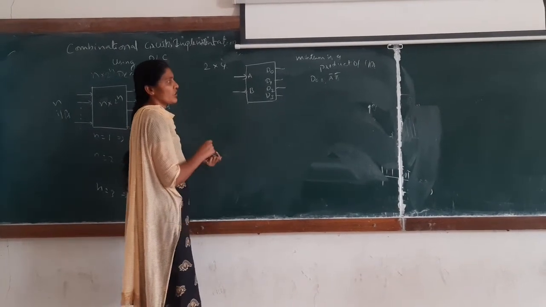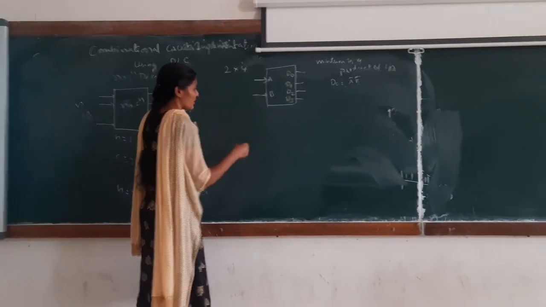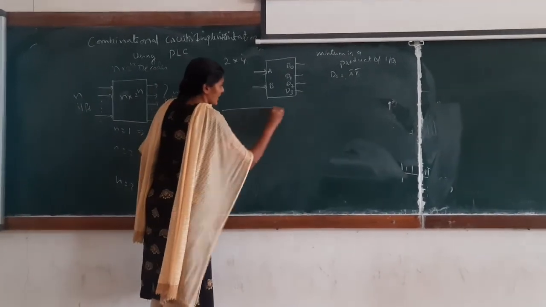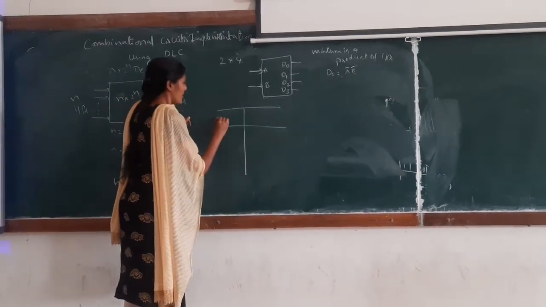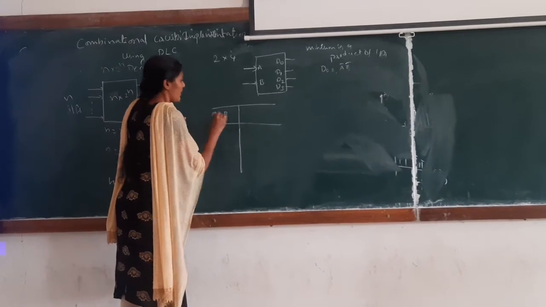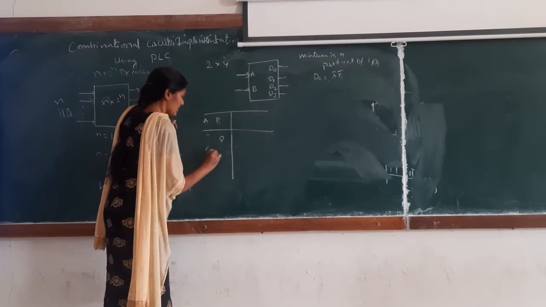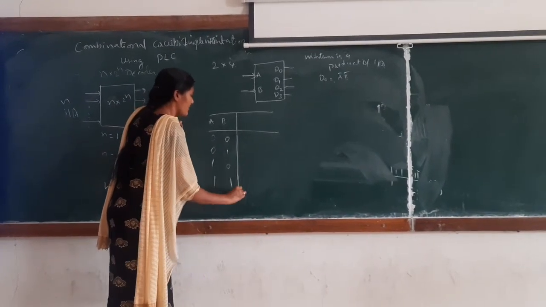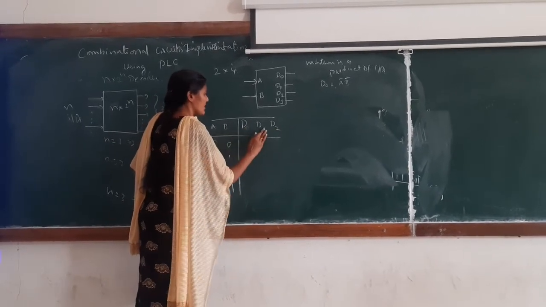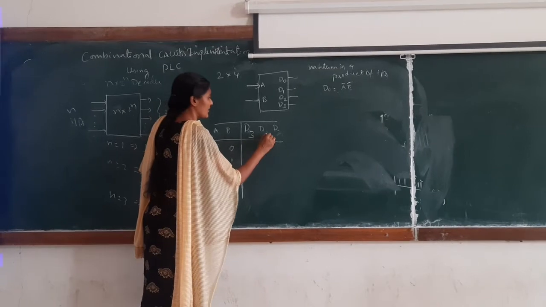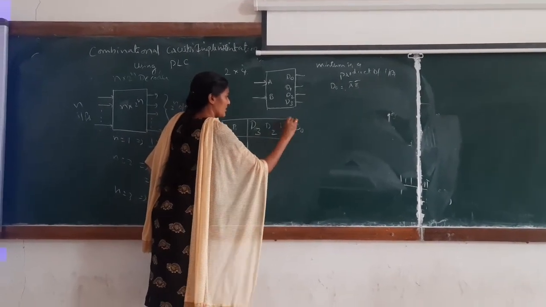Let us see the combination circuit diagram of a 2 to 4 decoder. Before we implement the 2 to 4 decoder combination circuit, we have to see the truth table of the 2 to 4 decoder. It has two inputs, A and B, and 4 possible outputs. Taking the two inputs, it produces the 4 possible states 00, 01, 10, 11, and the outputs are D3, D2, D1 and D0.